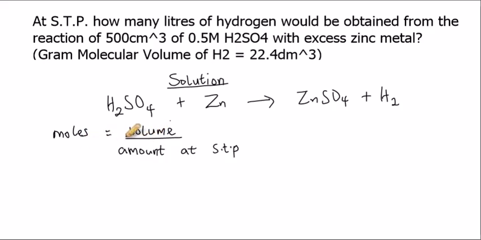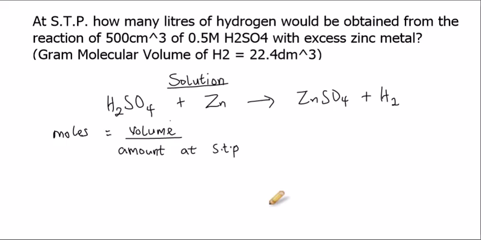Do not forget that the volume is what we are being asked to calculate. So to apply this formula, we need to know the number of moles of hydrogen gas that was produced. The equation above shows that 1 mole of tetraoxosulfate(VI) acid will produce 1 mole of hydrogen gas. But what if we now have 0.5 molar of H2SO4 with a volume of 500 cm³? How many moles of hydrogen gas will be liberated? So what we need to do next is to calculate the number of moles of tetraoxosulfate(VI) acid that reacted